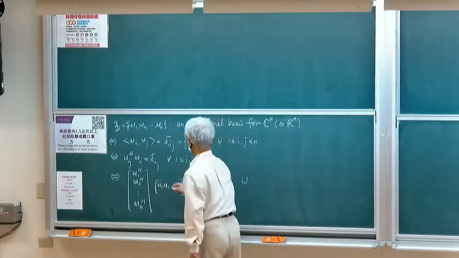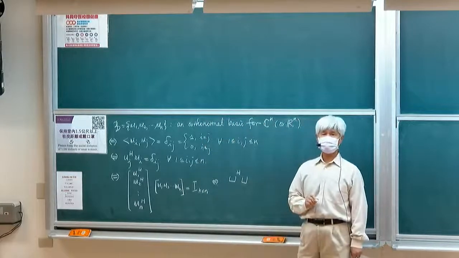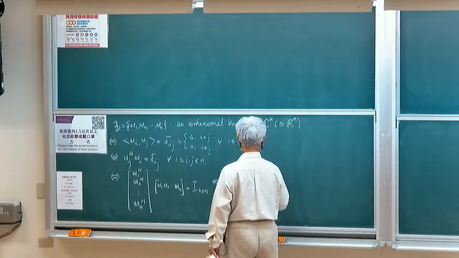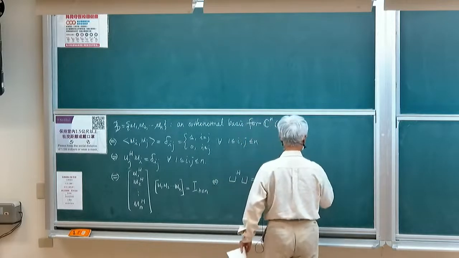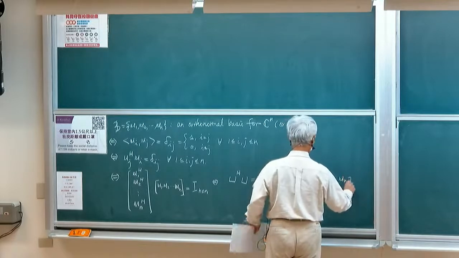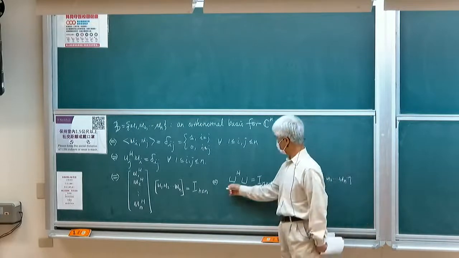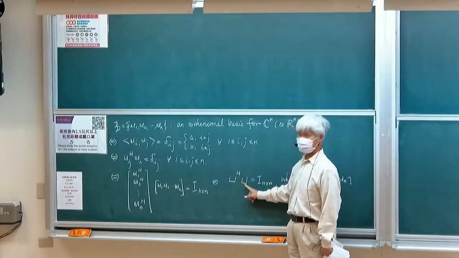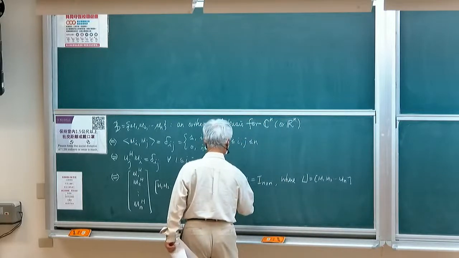And this one actually is the Hermitian of U, and this is the identity n times n, where U is equal to U1, U2, up to UN. So you have a matrix U such that U Hermitian multiplied with U itself equals the identity matrix. And this is exactly equal to